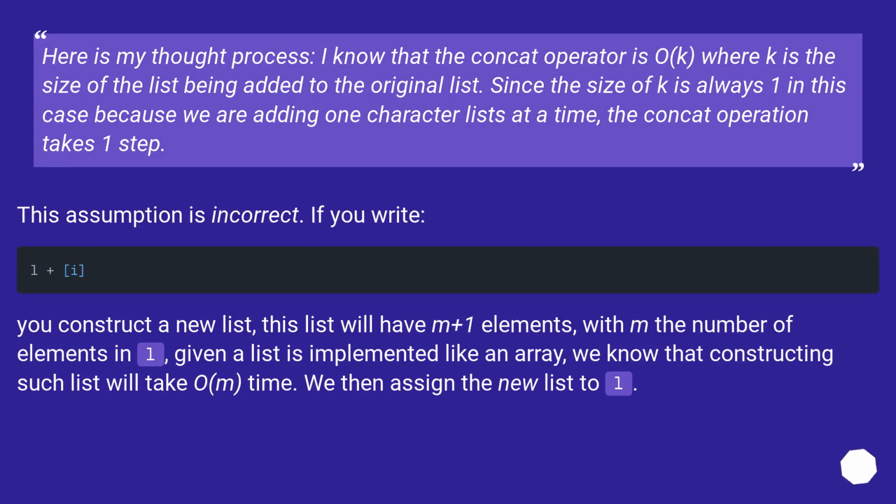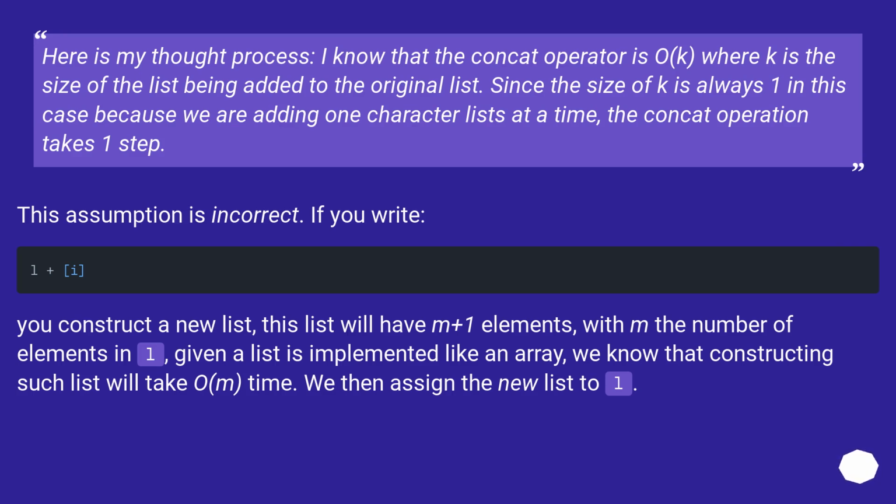Here is my thought process. I know that the concat operator is O(k) where k is the size of the list being added to the original list. Since the size of k is always 1 in this case because we are adding one character list at a time, the concat operation takes one step. This assumption is incorrect. If you write,